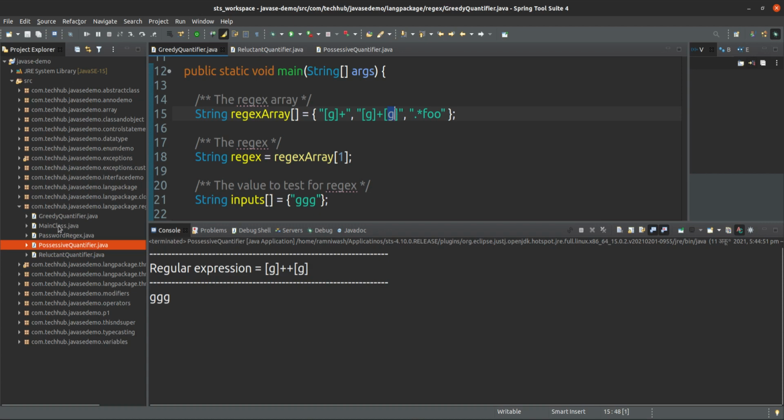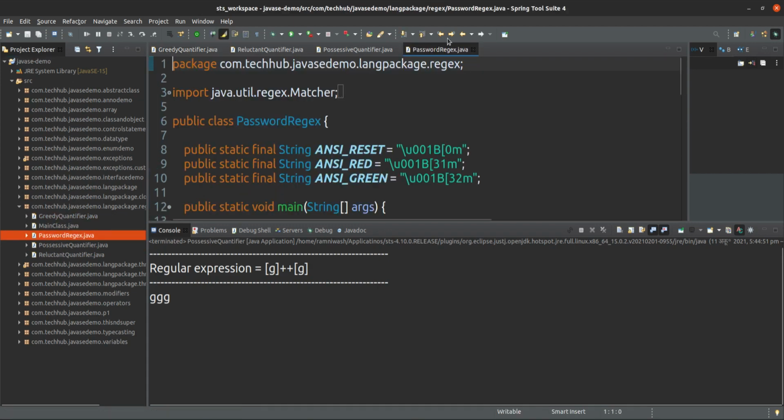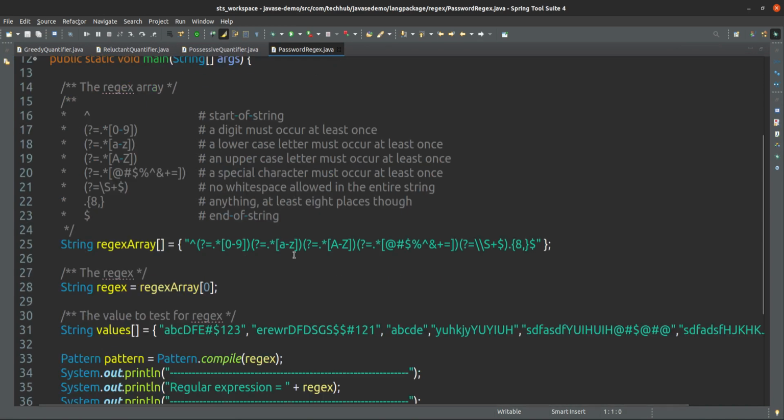Suppose I take another example. Okay, I will open this password regex. So here this regular expression is only for a special password.